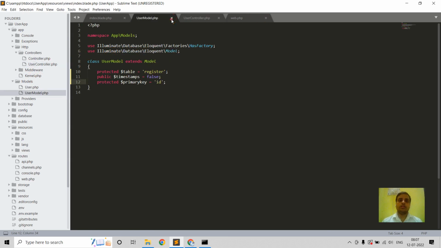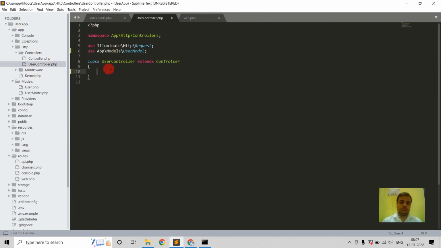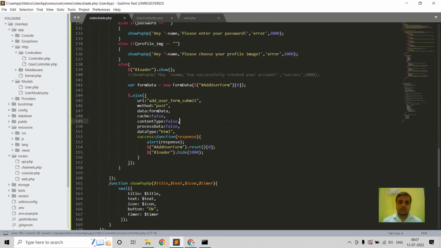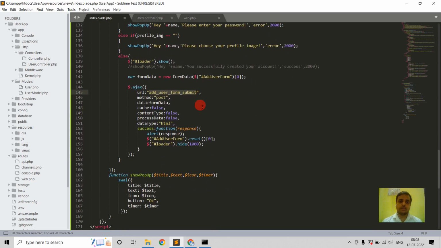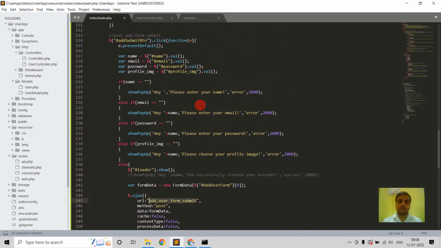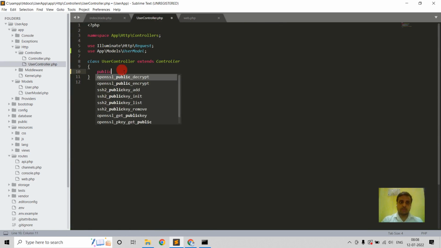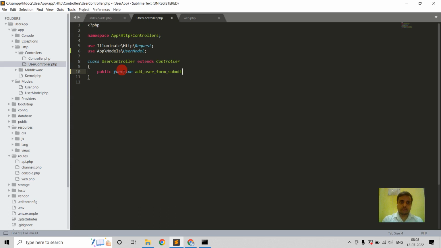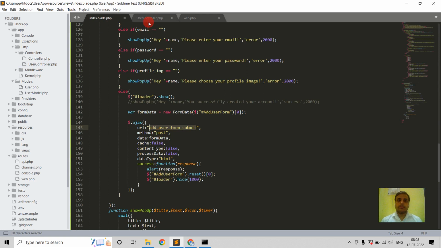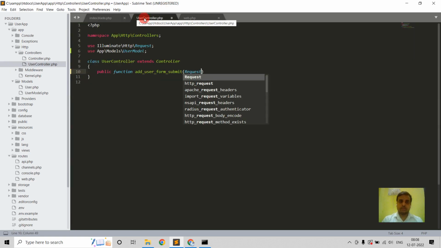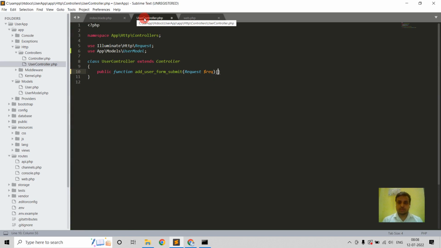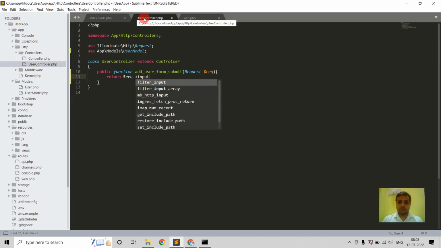Close this user model, and inside the controller copy this add user form submit, which is written inside the Ajax code. Okay, in add user form, write public function here, and the request type is post. So write request and then return all inputs,